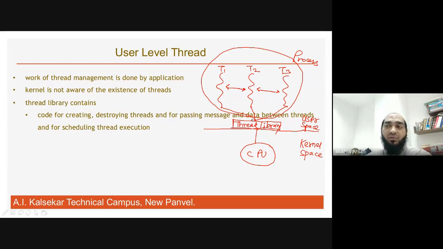Okay, so they can communicate, they can message pass, they can pass the message and they can pass the data between the threads with the help of the thread library. Okay, so thread library contains all the function. And for scheduling thread execution, तो आपको बताया मैंने कि कौन सा थ्रेड आपका पहले एग्जीक्यूट होगा, which thread is going to execute first and then next and then next and then next and so on. Okay, so that is also going to be managed by the